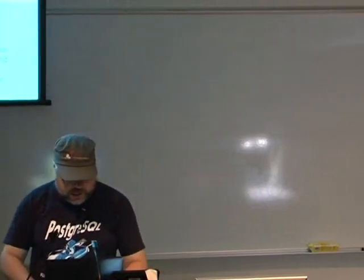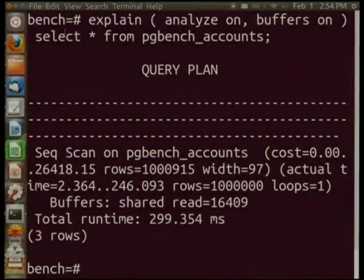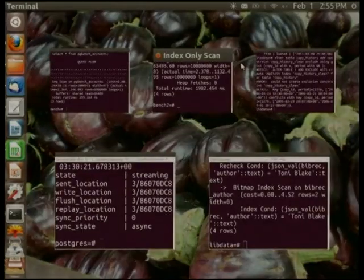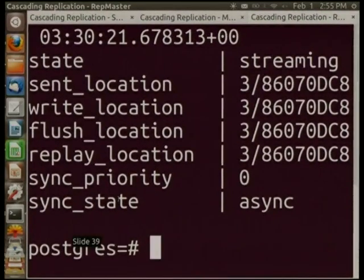Just a question about replication. Are there better stats available in 9.2 than, say, 9.1? Yeah, if you actually look at, let's go back to our replication demo here. Nope, not that one. There we go. So if you actually look at this, one of the things that we've added is some additional information and feedback about where the replica status is. Now, I'm not running a workload now, so they're all the same. But these are file locations for what the status of the replication is in terms of data. And we added this function called